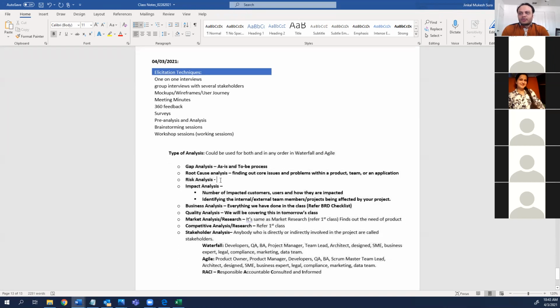Cool. Before I jump to the next topic, I wanted to cover risk analysis first and stakeholder analysis, and then talk about the next topic. So risk analysis is,